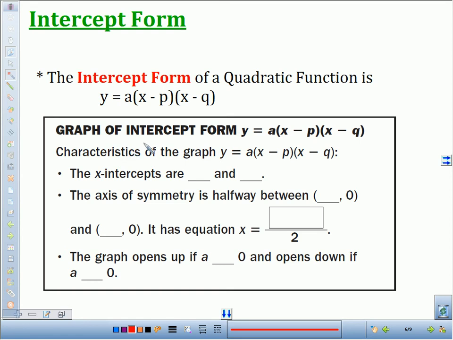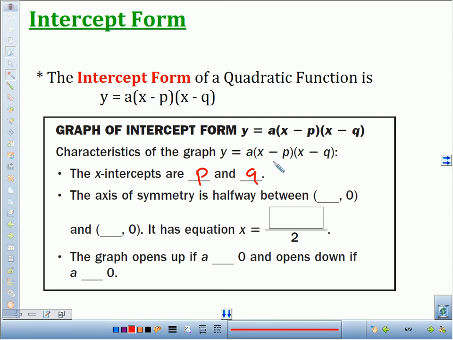First of all, the x-intercepts, the points where y equals 0, the point where it crosses the x-axis, are p and q. And what you might notice is, again, just like the h value in vertex form and in absolute value form, p and q, you have to change their sign. So whatever is written in the equation for p and q, you have to change the sign